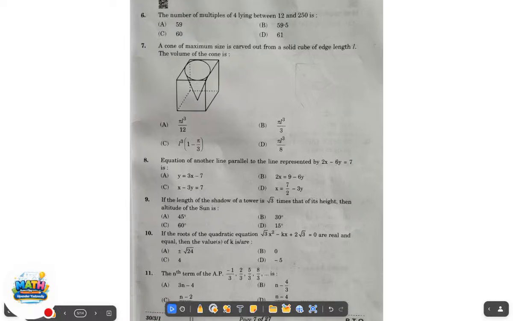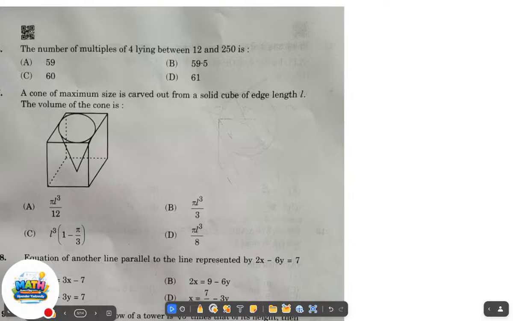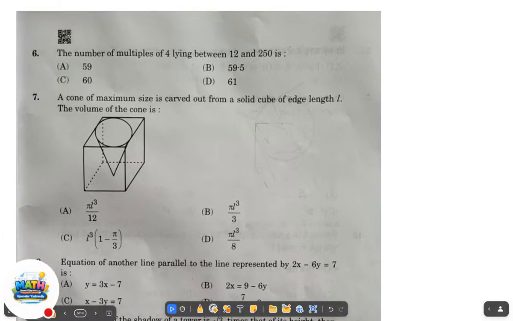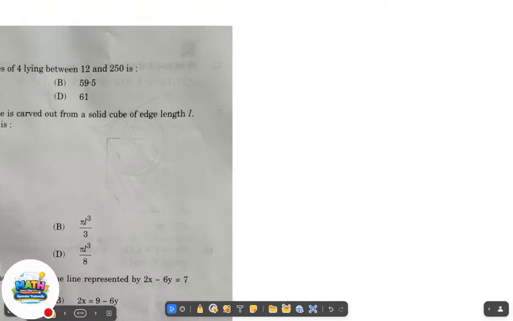Next question. The sixth question: the number of multiples of 4 lying between 12 and 250. Between 12 and 250, how many are multiples of 4? Let's check. Between 12 and 250, not 12 and not 250. So what is the first multiple of 4 after 12? The first multiple is